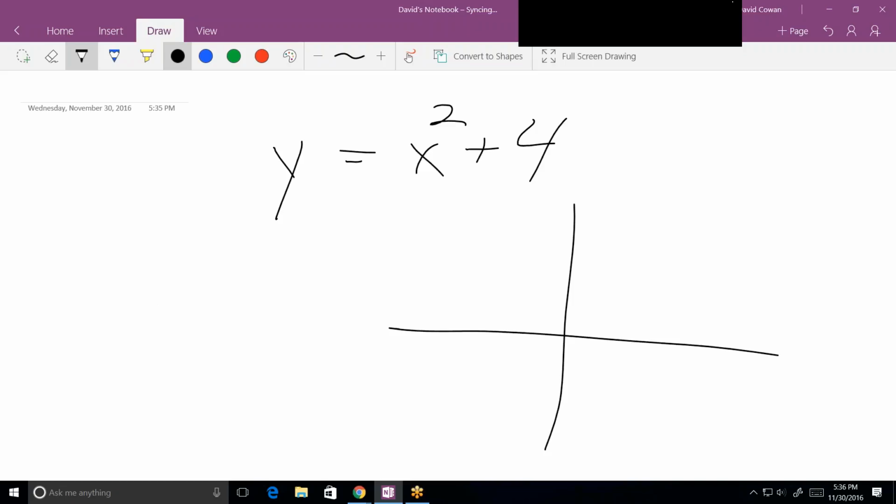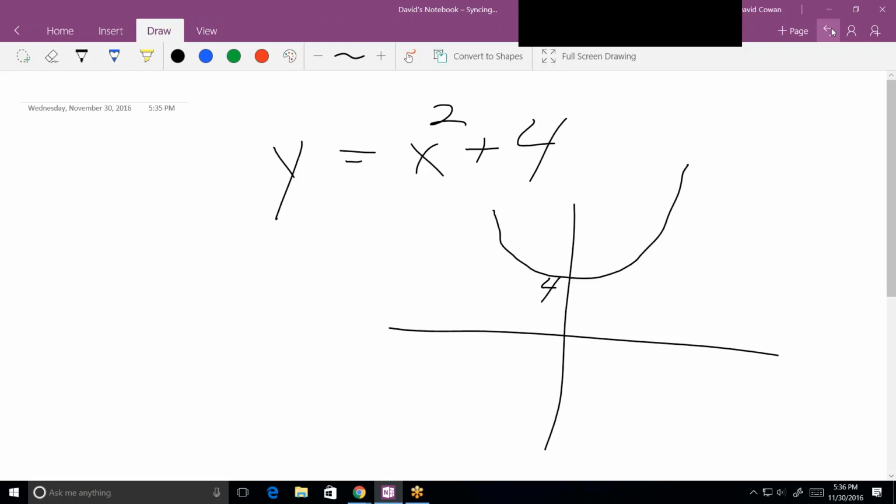That is a parabola shifted up by 4 units. So it looks like that. Notice it does not cross the x-axis ever, because it has no real solutions. It has no real zeros. It has only imaginary zeros, and imaginary zeros don't show up by crossing the x-axis. So I'm not even sure that you'd want to give those as an answer. It kind of depends on what your teacher's been telling you about imaginary